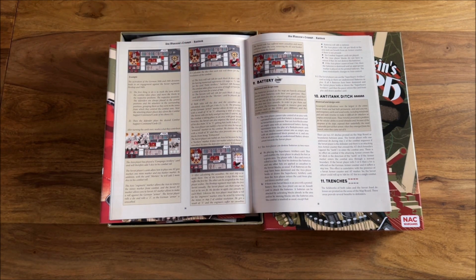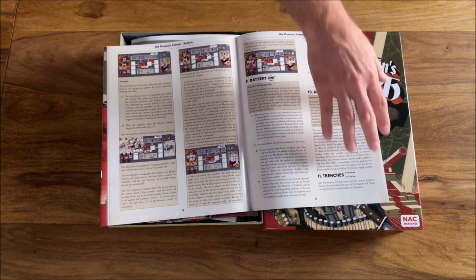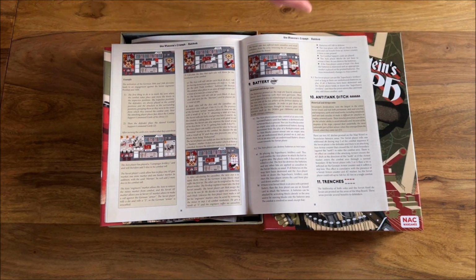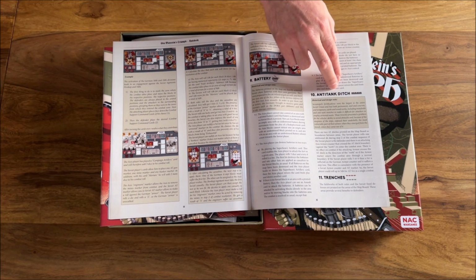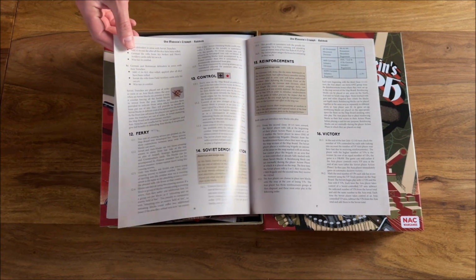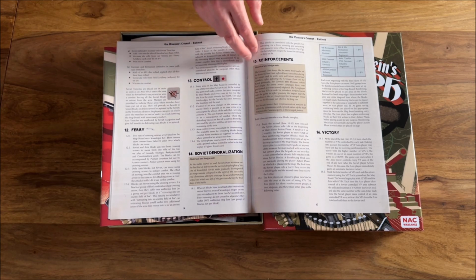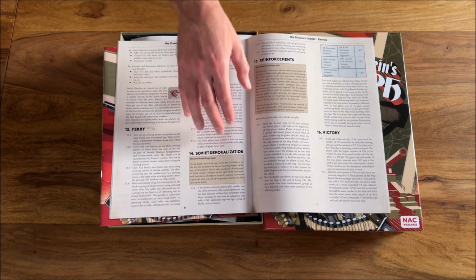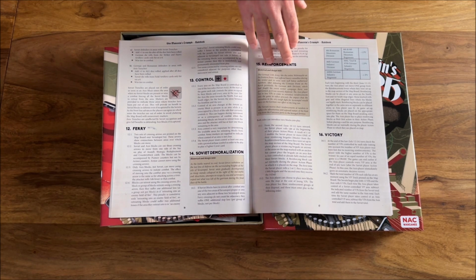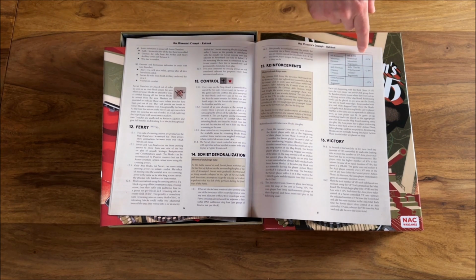Example of battle. We have some information about the battery. There were huge guns, those guns in Sevastopol, which were also able to fire inland. Very important. There was a huge anti-tank ditch. There were trenches. Yeah, it all will be on the map. Ferries, control, Soviet demoralization. Reinforcements. Ferry reinforcements are mainly for the Germans, and as you can see, they will be playing victory